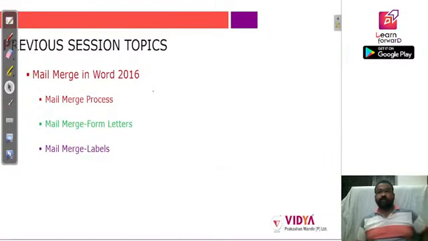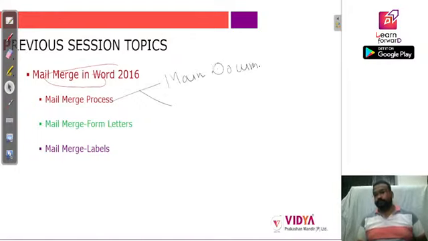So, in our last session, we saw how we can do the mail merge in Word 2016. We studied the mail merge process, which includes two things. One was our main document, and the second was the data source. In the main document, the document or the letter that we are going to send should be written. We saw how we can write that particular document, and the second part was the data source, in which